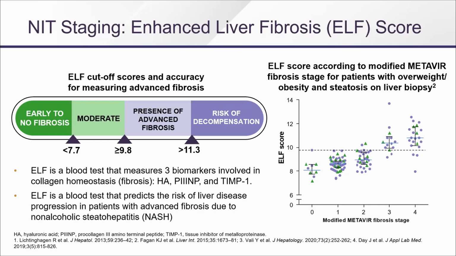And the easy number here is 8. I don't use 7.7. I like to remember easy round numbers. 8, because 8 also is my FibroScan number that I remember. So the second number to remember after 1.3 is 8. And you can see that it's quite linear. I don't own any stock in the test or in Quest, but you can only get it from Quest.